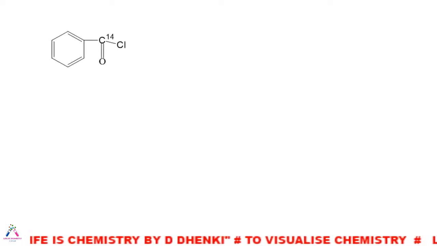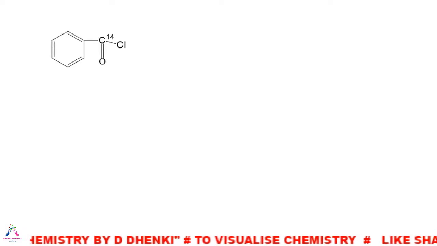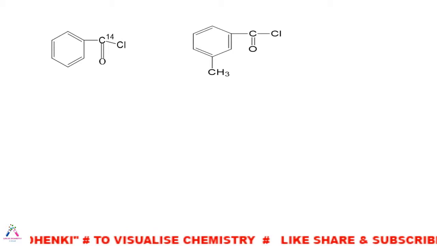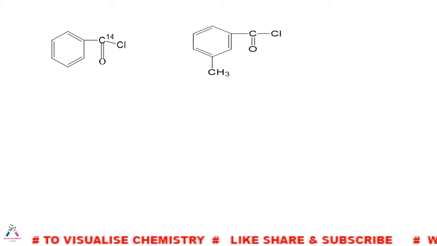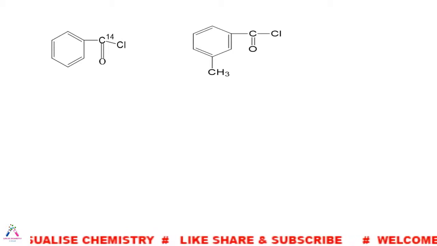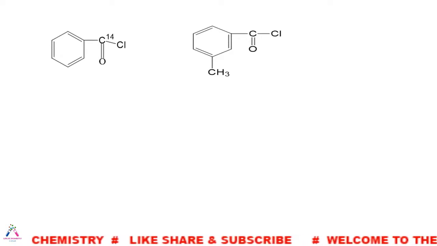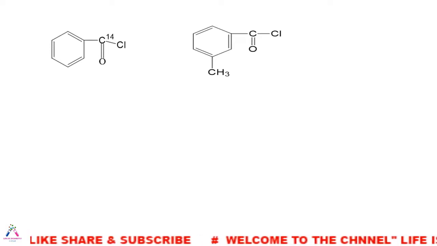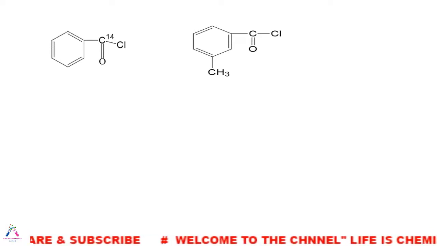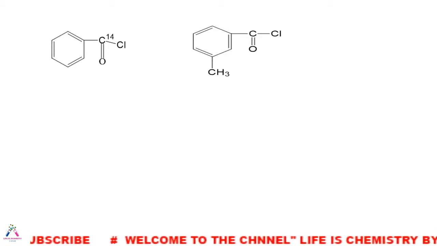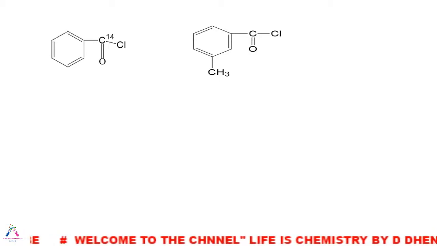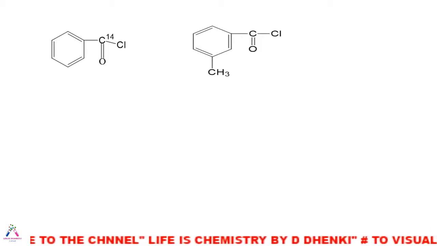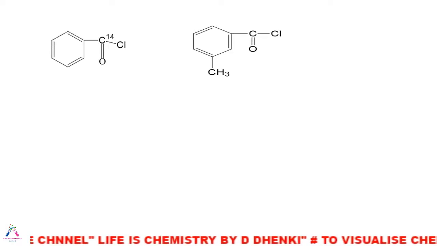We have to take a compound with an isotope label and a benzene ring without any substitution. We also take another compound without any isotope labeling and a benzene ring with substitution. If these two compounds are allowed to undergo the Arndt-Eistert reaction in similar conditions, then first we have to assume that the rearrangement is intermolecular. Again I repeat, first we have to assume that the reaction is intermolecular.